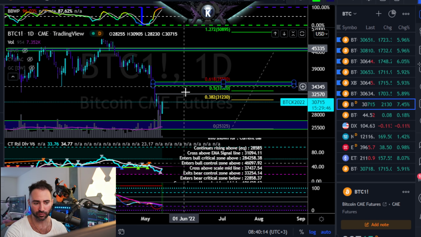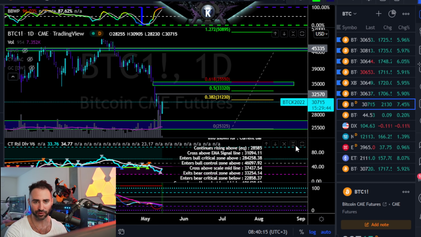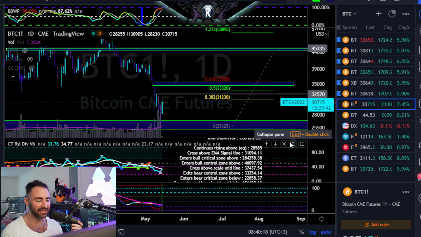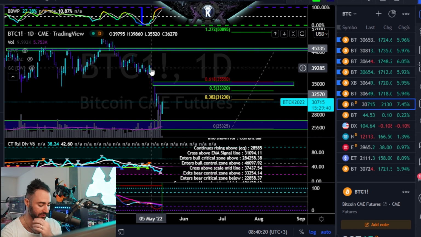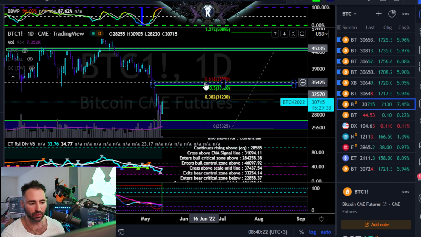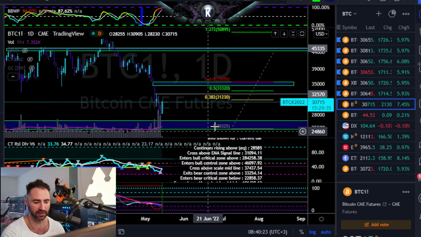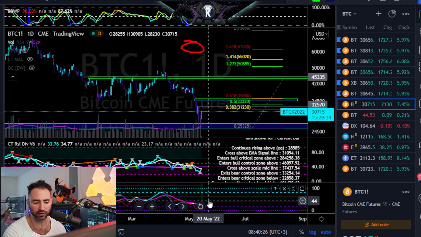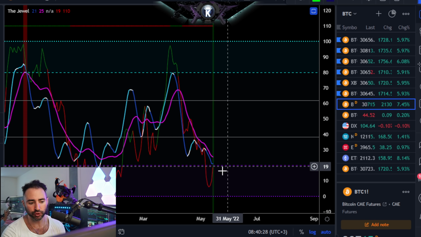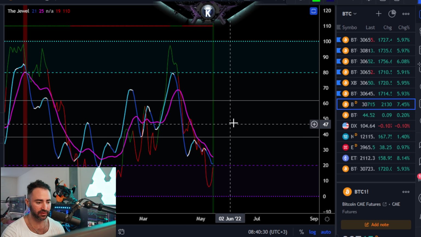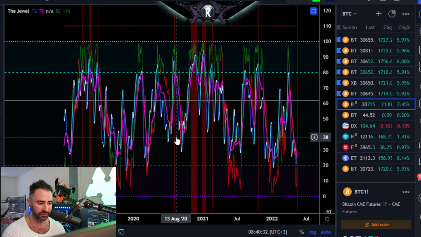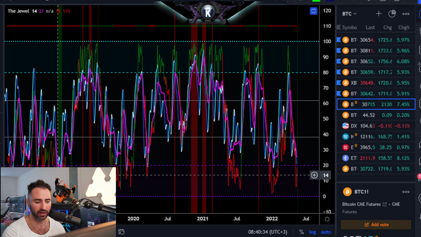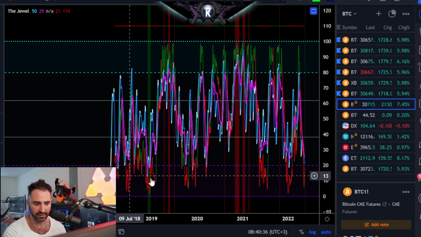In fact, if Bitcoin were to spike into there and then trade sideways and then roll over, and maybe retest around those lows or perhaps have slightly lower lows, that would also be a way forwards here as well. But I do think that we found a low here for now. Daily Jewel actually is giving off a God mode signal here, which, by the way, the only other time that we've actually even had a God mode signal was in November 2018.